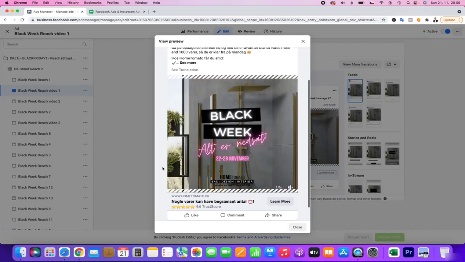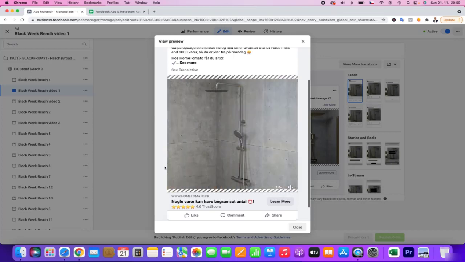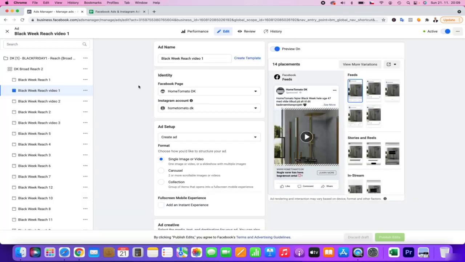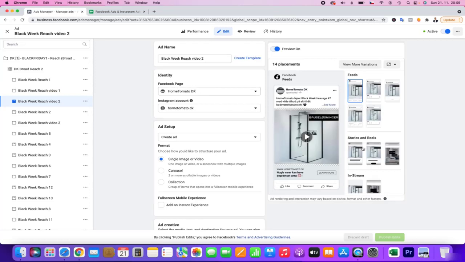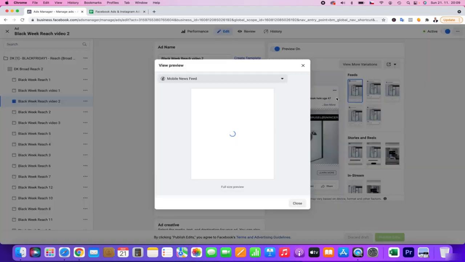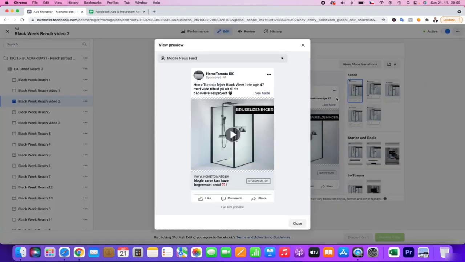But you can see that it's a teaser for Black Week. Then if we look at the second video, it's again a teaser, and it was all created with a great tool in Facebook, but you can also use other fantastic tools.